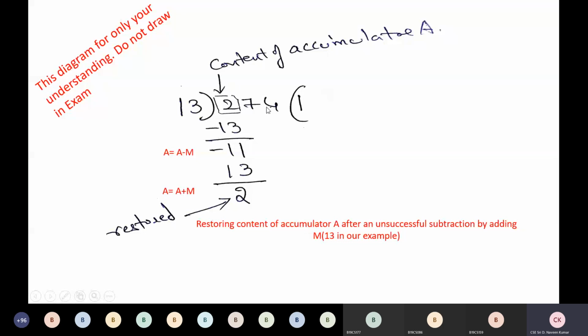This loading happens with left shift in binary numbers. First the accumulator has 2, then next comes 7 through the left shift. First the accumulator consists entirely of all zeros: 5 bits, all 5 bits are zeros. First it loads 2 with the left shift, meaning the bits come from the neighboring register. The neighboring register holds 274, and the digits come from it one by one: first 2, next 7, then it becomes 27. 13 into 2 is 26, and so on.